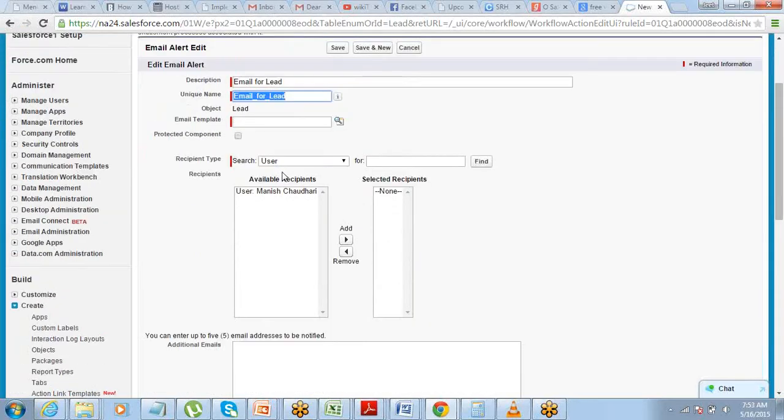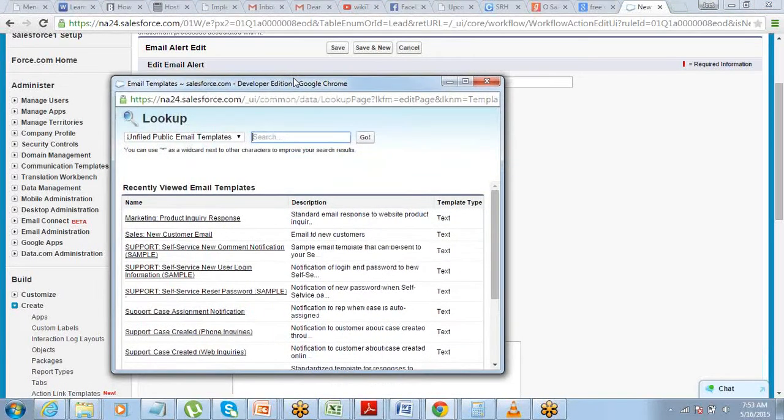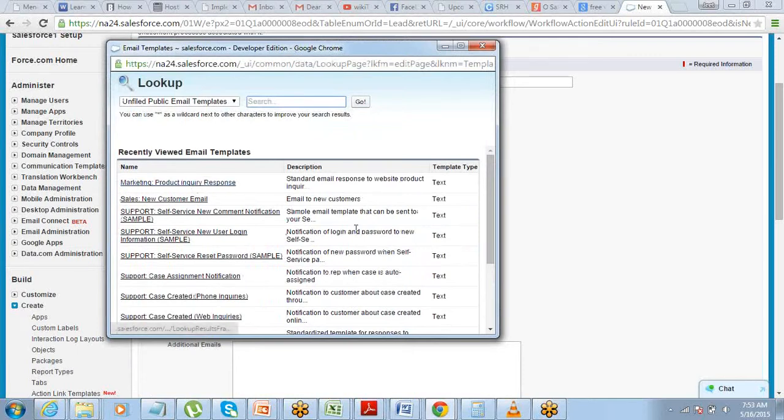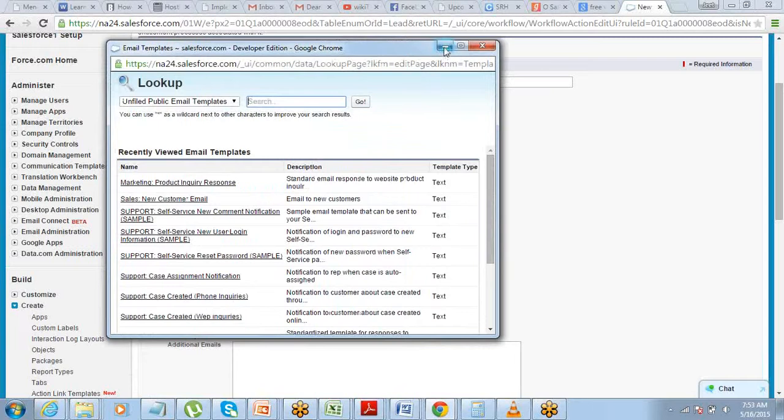Email template. Salesforce has a lot of, because while I'm talking about sending an automated email, what I'll need to do is I'll also need to define an automated, pre-built email template, right? So Salesforce has got a lot of email templates. You can use any one of them. Just say email template. Pick any one of these. You also have an option of creating your own template.